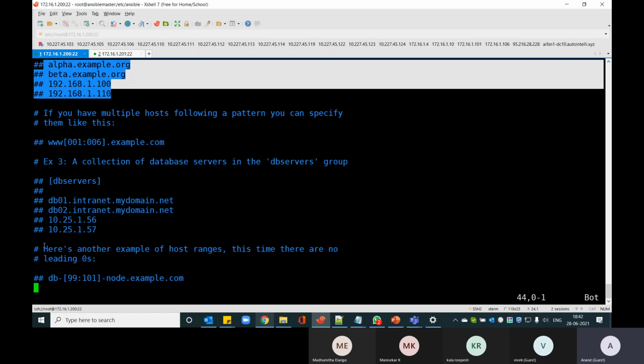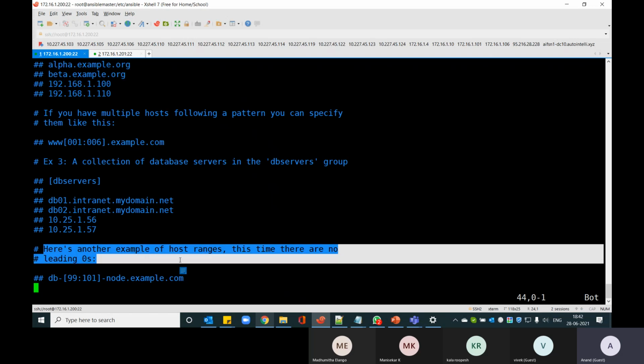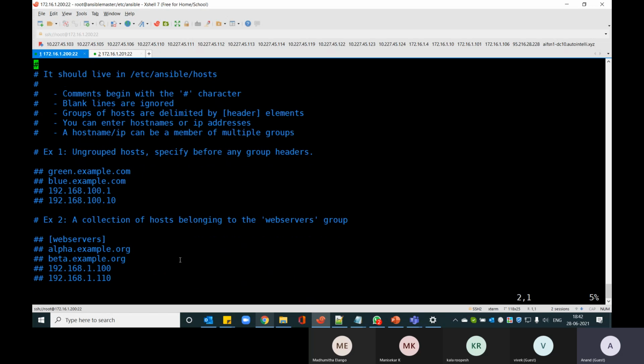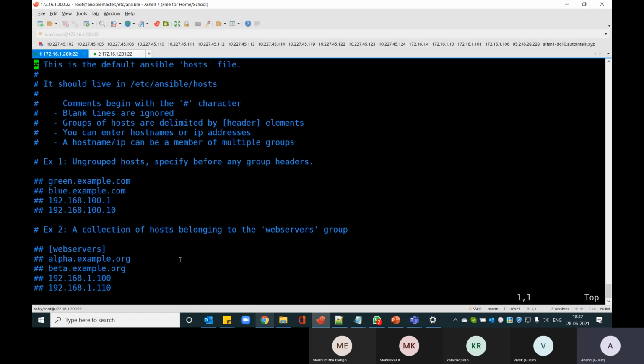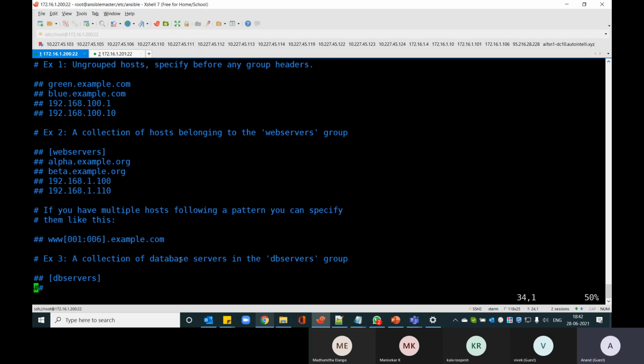For example, if you see another example of a host name. If you have a standard naming convention for all your host names in your organization, you can always mention db hyphen 0 till 100 dot xyz.com as all my DB servers group. So I don't need to mention each and every one in a line, right? I can also do that. Similarly for web, if you are comfortable with regex, you can do that, if all your host names fall under a particular criteria.